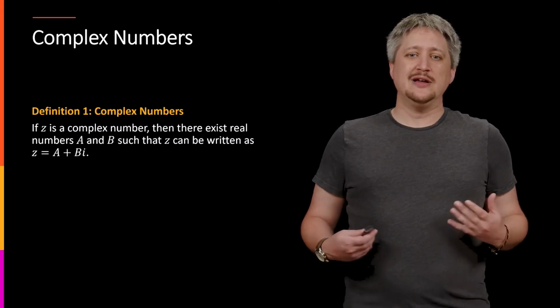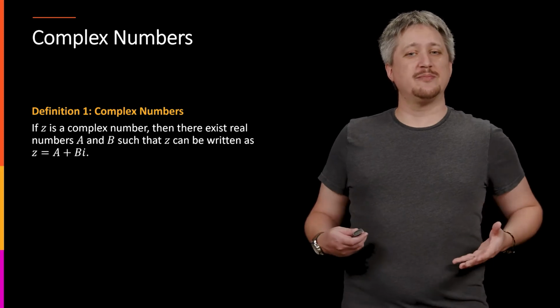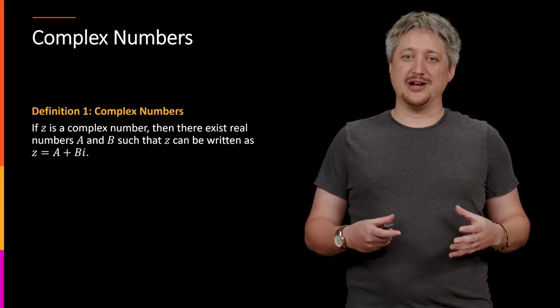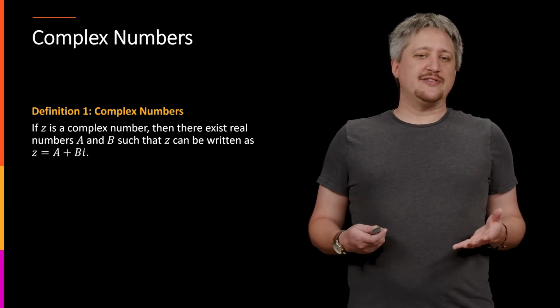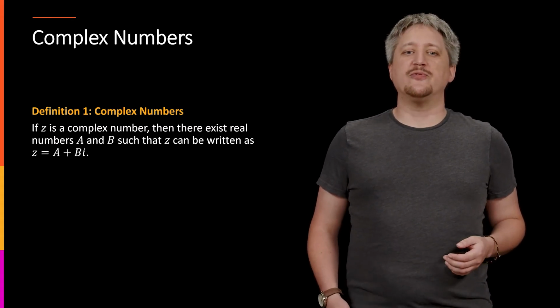What are they? Complex numbers are a bigger version of the real numbers, sort of like how you have rationals and then you have reals, right? The reals include the rationals but have other stuff. Complex numbers are pretty similar. You can tell a number is complex if you can write it in this special form, z